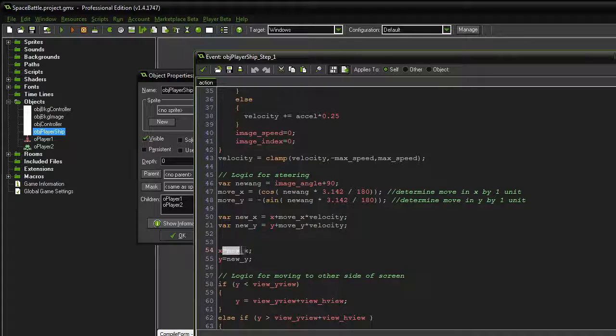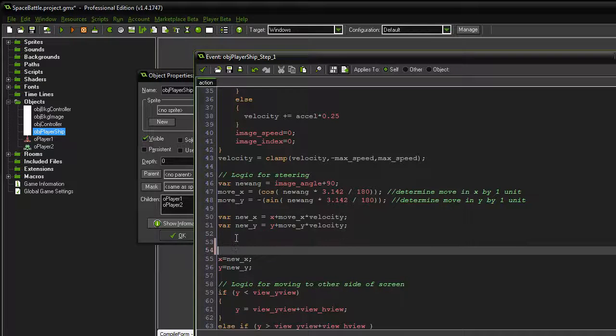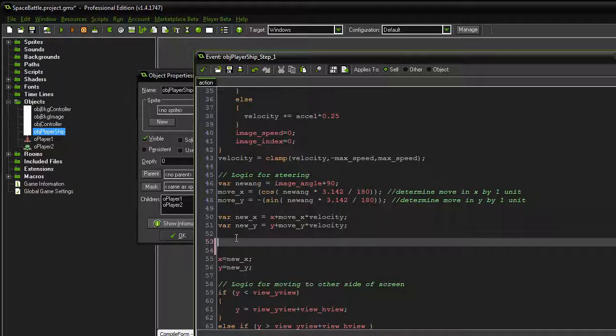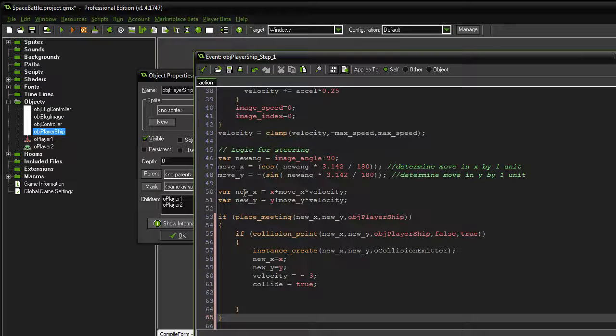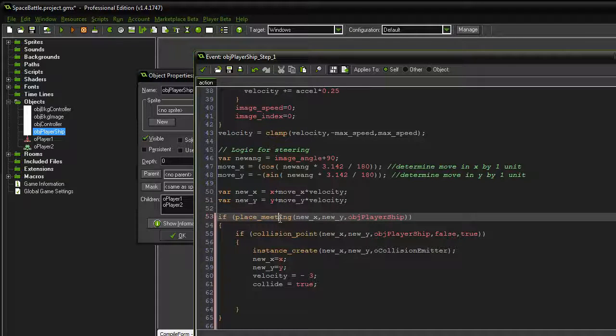So instead, prior to moving the ship, setting its X, before we just did a plus equals velocity and the movement velocity. This time we're actually going to test things before we do anything. So now that we've tested where we're going to be using this statement, we've created where we're going to be. We're going to say, is this position going to collide with a player ship? And if that collision point is a player ship,